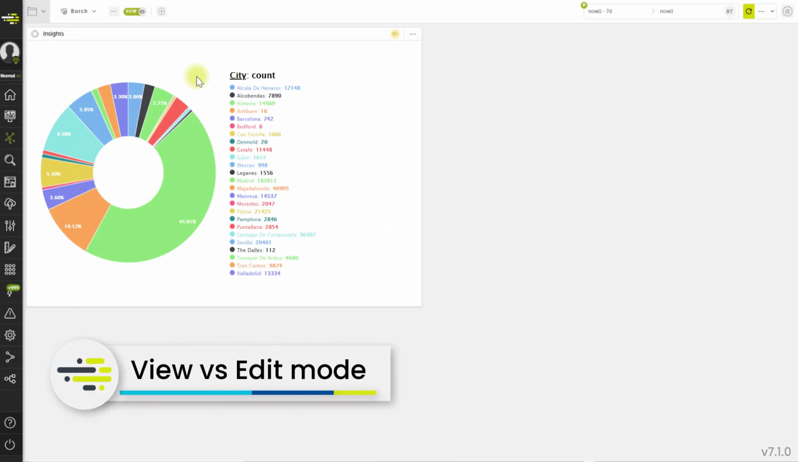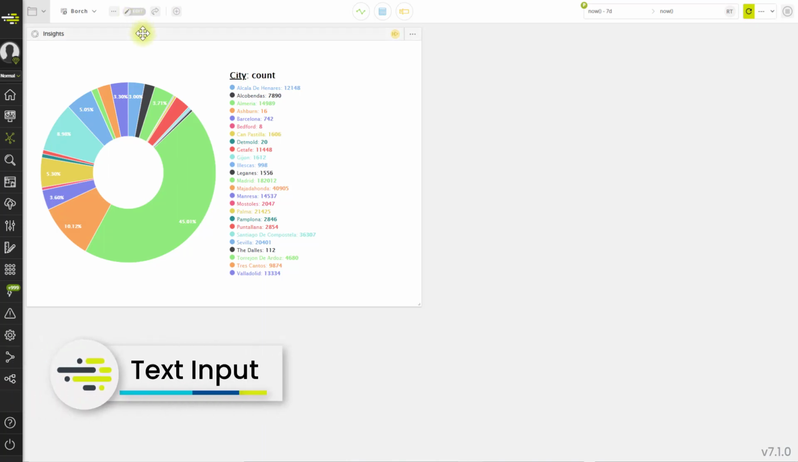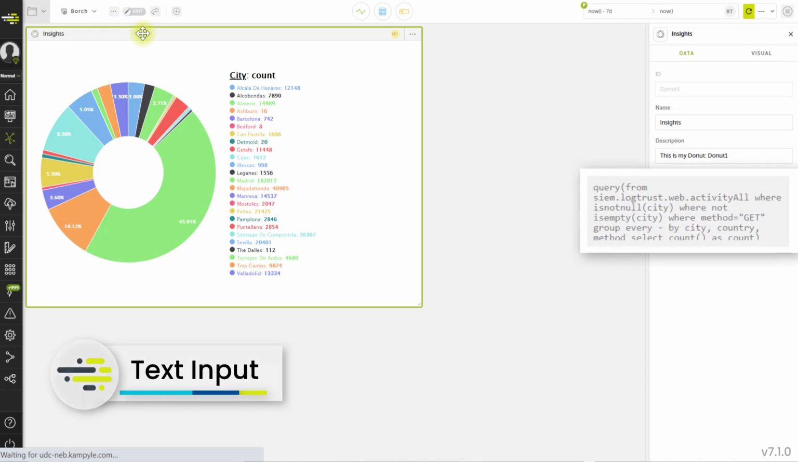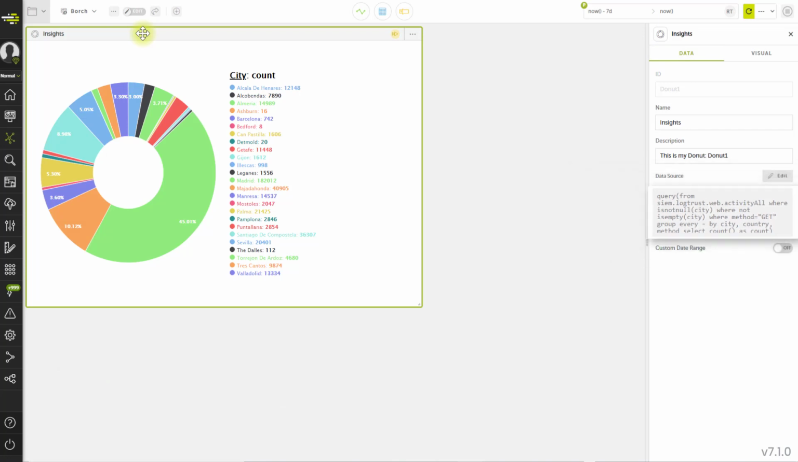Once inside the Activeboards area, it is essential that you activate the edit mode, otherwise you will not be able to create inputs or modify the queries of the widgets. In this Activeboard, we have this donut chart with this query to show the number of connections per city, filtered by one specific method. Let's say we want to filter by each of the other methods without constantly altering the query. To do that, we create an input